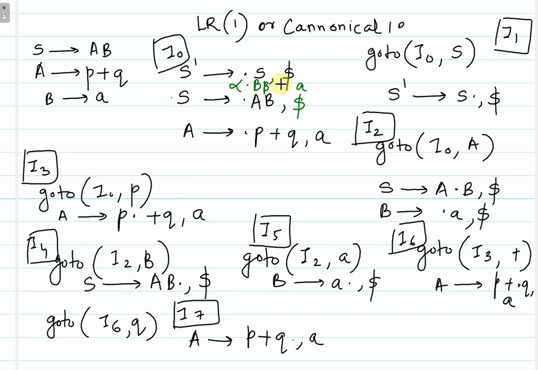Every production has a lookahead symbol. Whatever is before the comma, say in S → .AB, $, the part S → .AB, is called the core part. Whatever is after the comma is called the lookahead part. The parsing procedure we shall see once I cover LALR. I'll show you how the LALR parsing technique is used to compute the set of items, and after that we'll see one example of parsing a string. Thank you.